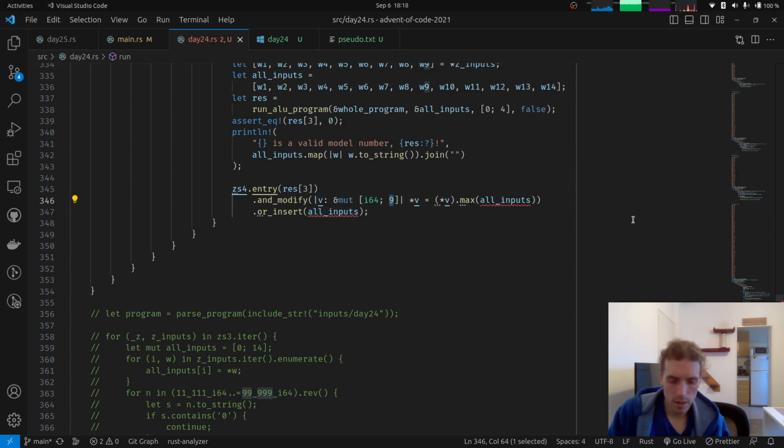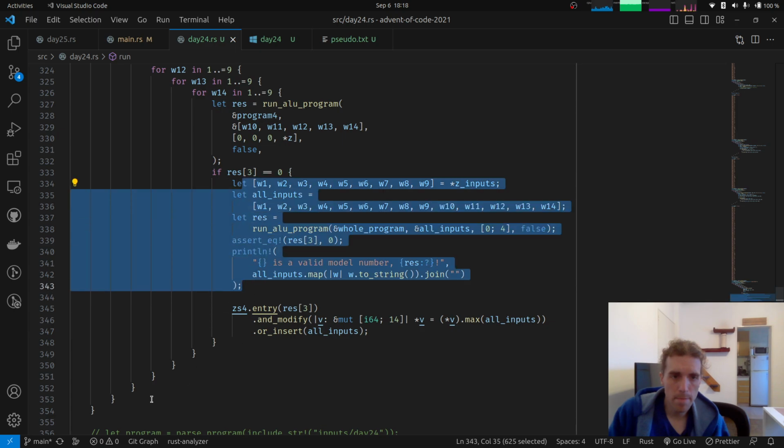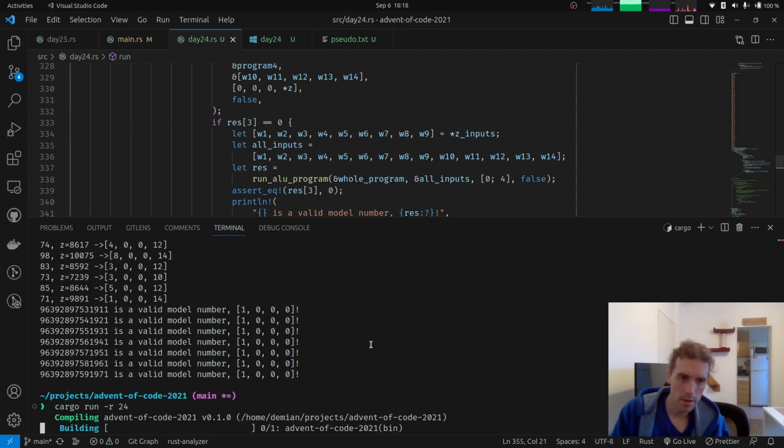This should be an array of 14. It compiles. So now let's print len of this sets 4, which should have only one value, and it should be the biggest number, right? I think it should. We can leave all the other mess. If we run this,